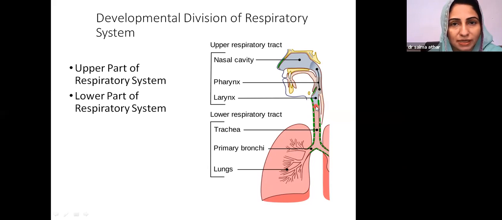We will be focusing in your respiratory module on the development of lower respiratory tract. The upper respiratory tract will be dealt with in the head and neck module in more detail. Although you had some introduction, development wise, आपसे nasal cavity की development नहीं पूछी जाएगी in respiratory module. Similarly, आपसे pharynx की development नहीं पूछी जाएगी, right? And even larynx, that is also related to the head and neck region. So ये चीजें आपसे